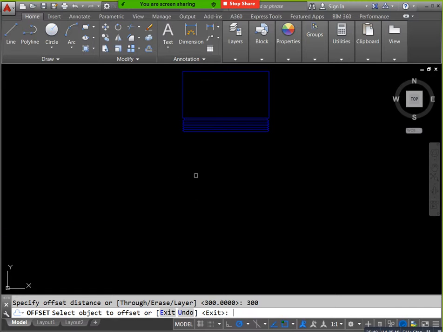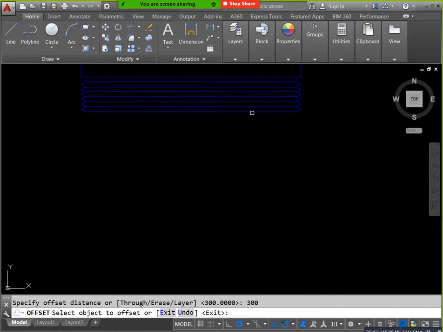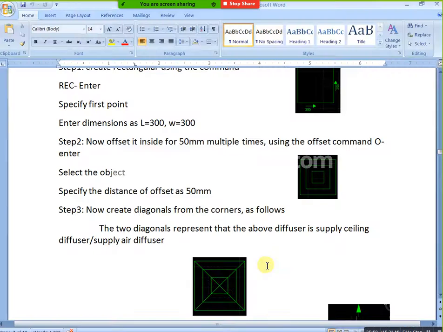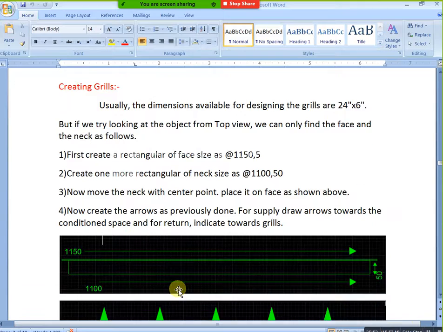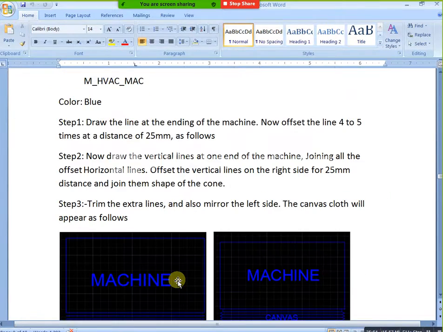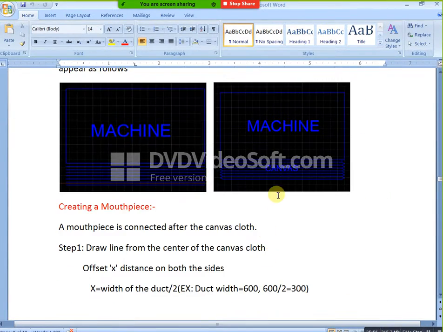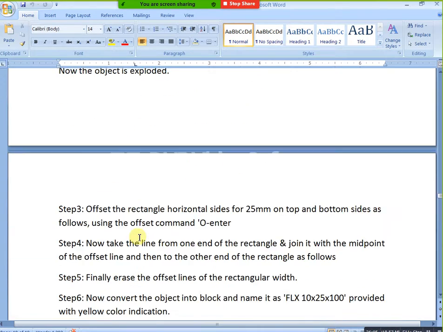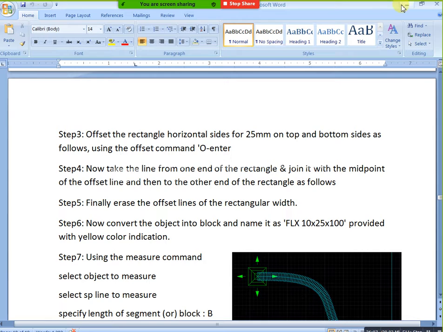See, you can create like this. This is also applicable for a mouthpiece like this, and one more is you can create directly. I will show now, don't worry. Just mention 300 and you can apply line duct. 300 is the minimum size actually. You can apply, and you will take your duct with 300.